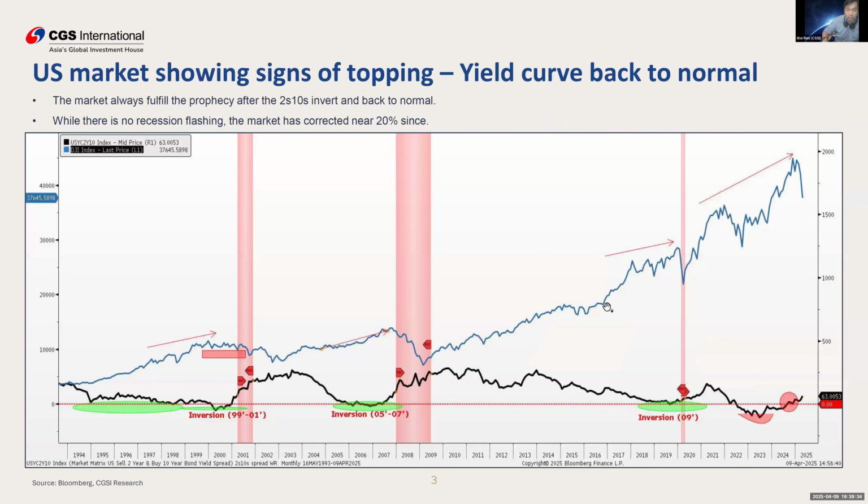So if you look at what is happening in the US, first of all, we look at the yield curve inversion and how well it has performed. You can see that the inversion had already started before the pre-dot-com period. During 1999 to 2001, you can see there was a bout of inversion, and in 1994 the market went all the way up and then came down, and then there was the steepest inversion back here. When the inversion happens, the market usually corrects and goes range bound, as you can see during 1999 to 2000. So the market made a peak.